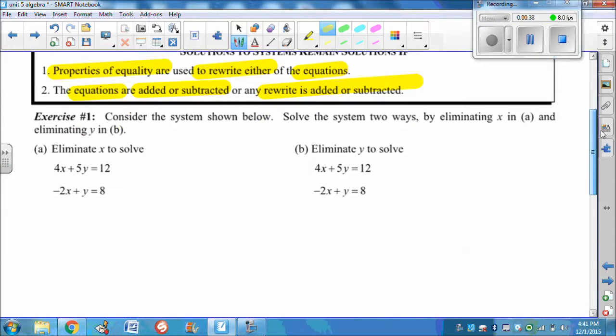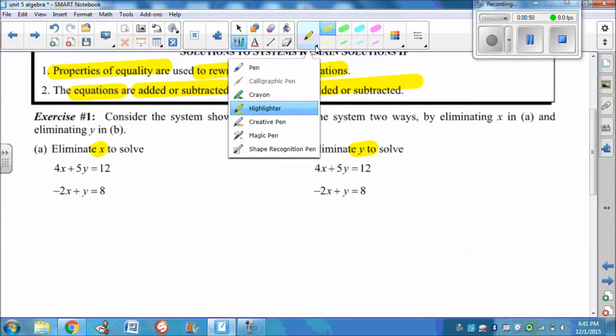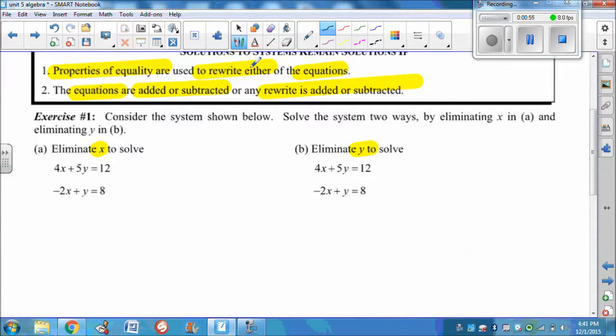So it says, consider the system below. Solve the system two ways by eliminating x in the first, and then eliminating y in part B. Okay, so let's go ahead and start with that. So if I'm to eliminate x,